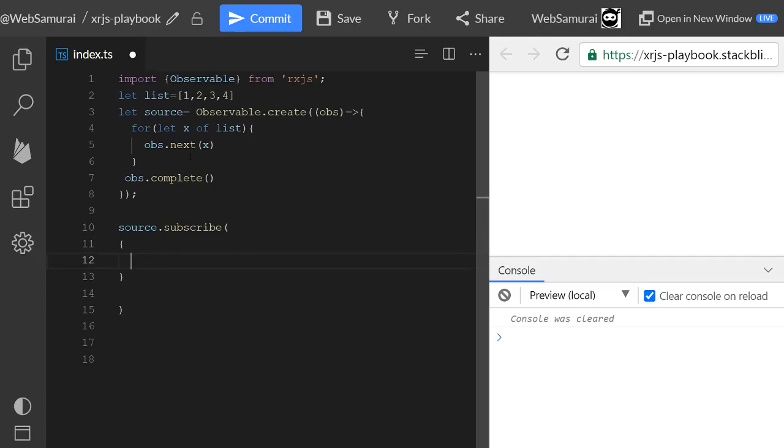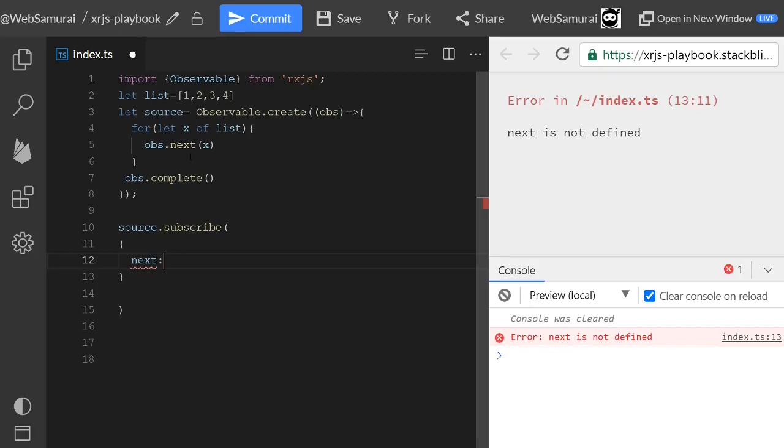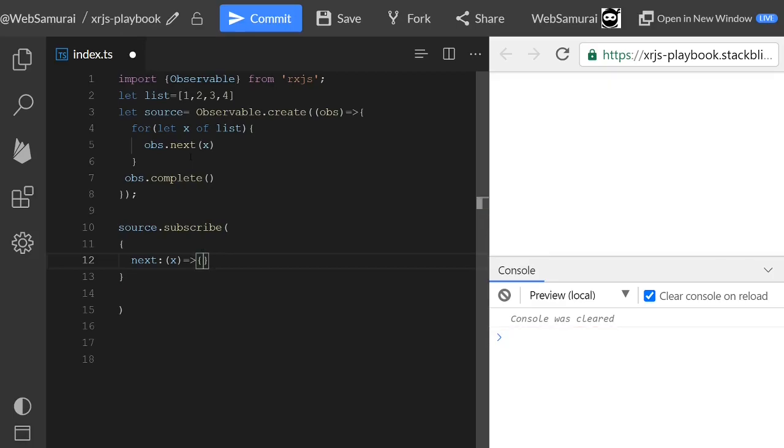The first function is the next function, and it listens to the value thrown by the observable, and I'm going to simply log this value on the console, x.